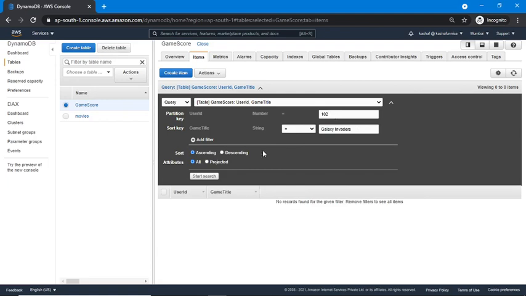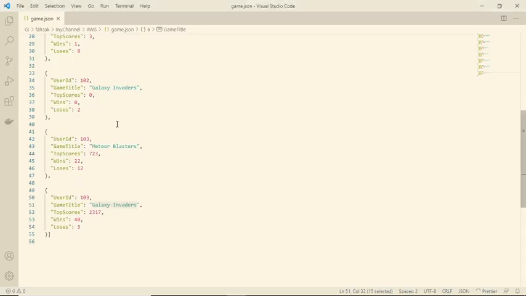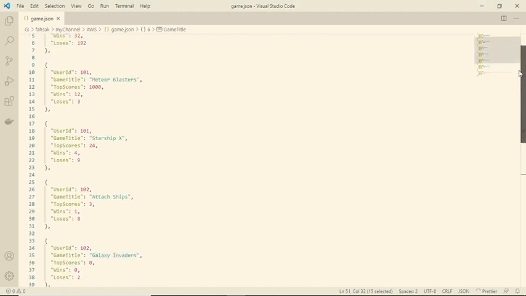Let's see if user 102 played this game. Yes, he played and he has top score 0. He lost 2 times and has no wins. And for 103, yeah, for 103 also this is 1 time. So in this way we can query our base table.